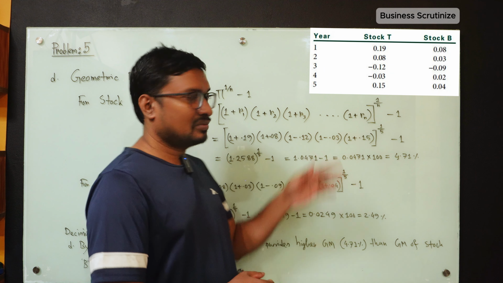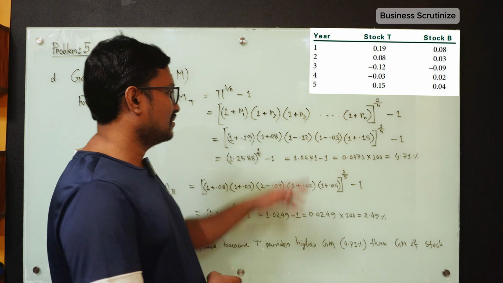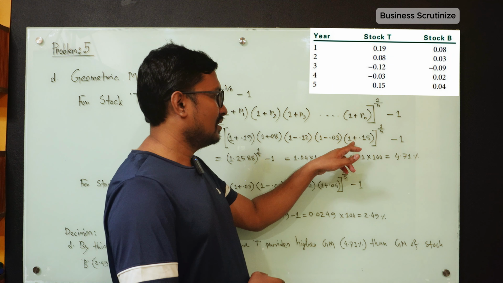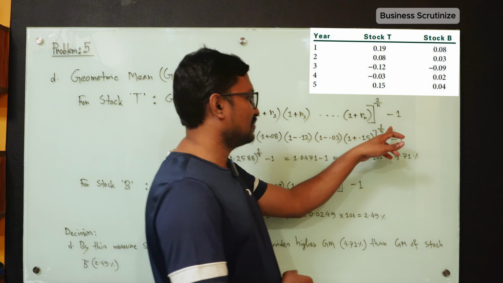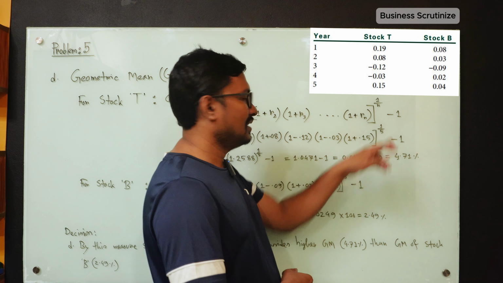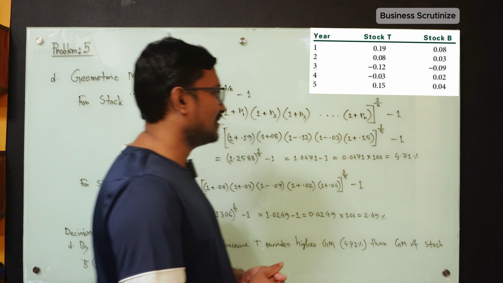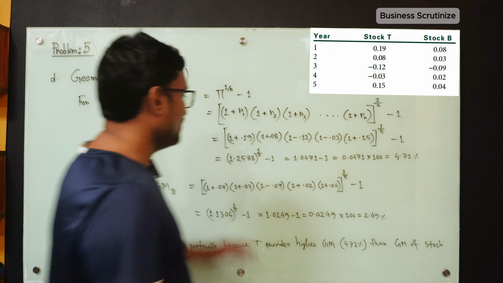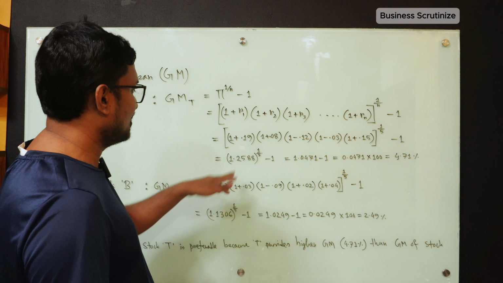And next year we also have a negative return, which is 0.03, so we have to write 1 minus 0.03. And last year it is 1 plus 0.15. We have to raise it to the power of 1 divided by 5, since the total number of returns is 5, so we write 5 there, and we also have to subtract 1. So now if we compute and multiply each of the elements, then we will have